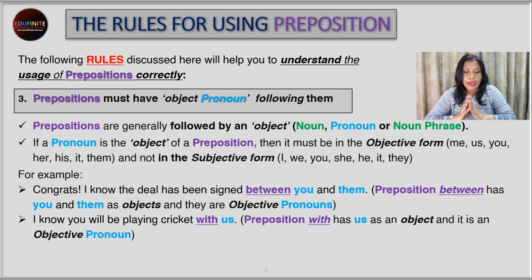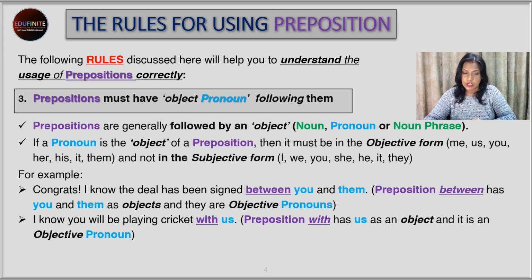The next one. I know you will be playing cricket with us. So here again, the preposition with has us as an object and it is an objective pronoun. We are not saying, "I know you'll be playing cricket with we." That's a subjective form. We cannot use it. It has to be the objective form after the preposition, because that's how the object of a preposition is when